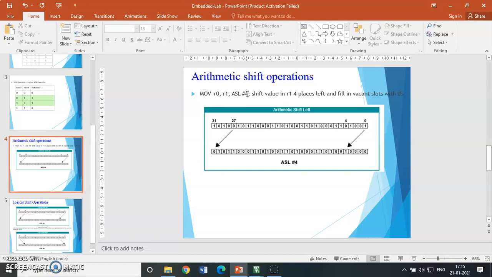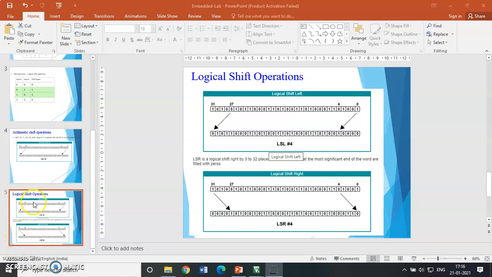If it is #4, then the left shift will be done for 4 digits. So whatever value you give in R1 will be shifted 4 places left, and that will be stored in R0. You can run these commands on your laptop.